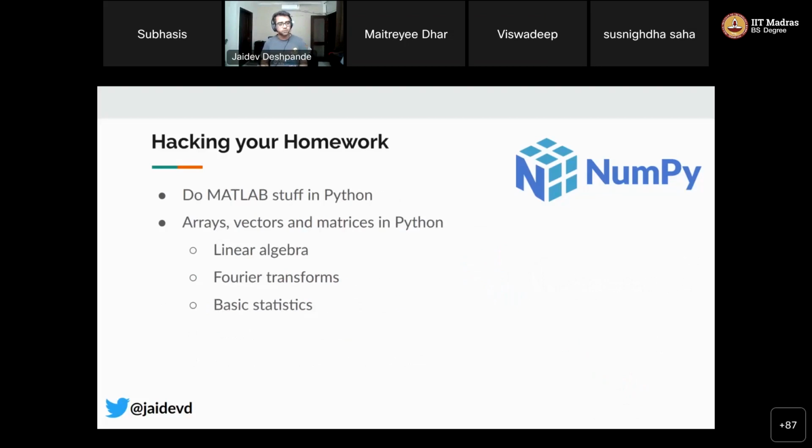So anybody who's familiar with MATLAB knows that you can't straight away pick the kind of MATLAB code, array-oriented code that you write line by line, and translate it into Python. NumPy is what lets you do that. It essentially adds arrays, vectors, and matrices in Python. You can do a lot of linear algebra in NumPy. Pretty much all linear algebra that you are likely to need is there in NumPy. It has large libraries on Fourier transforms, and it has a bunch of basic statistics